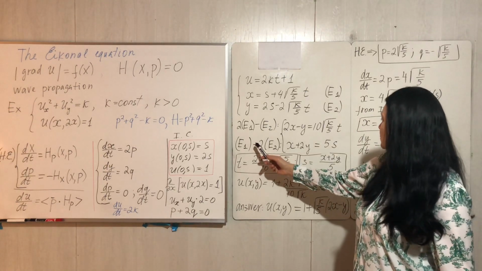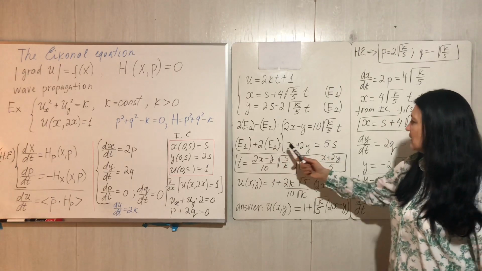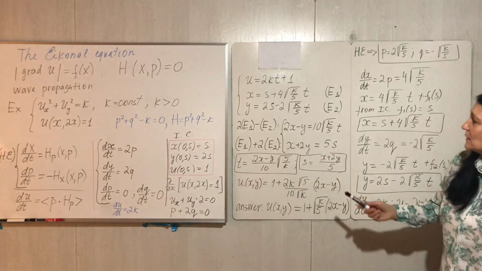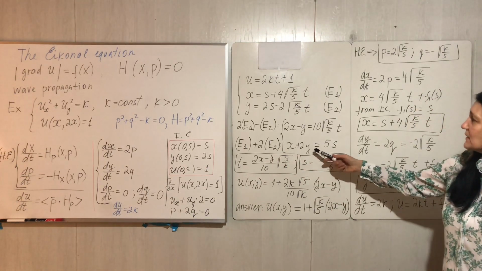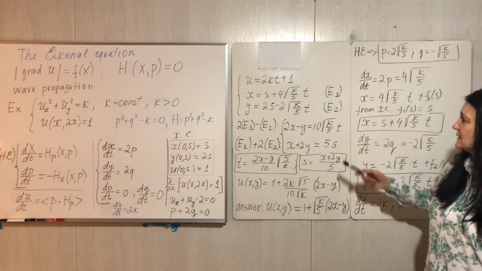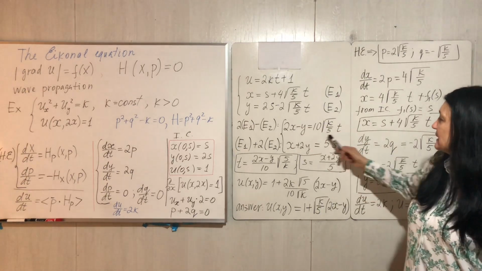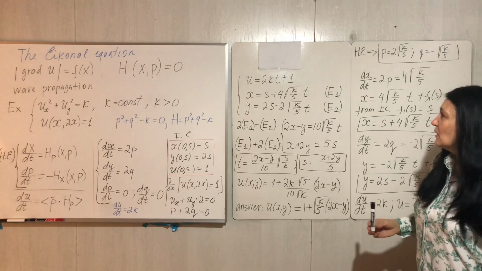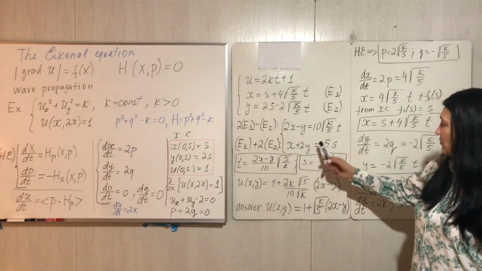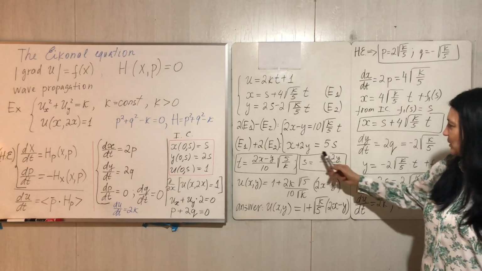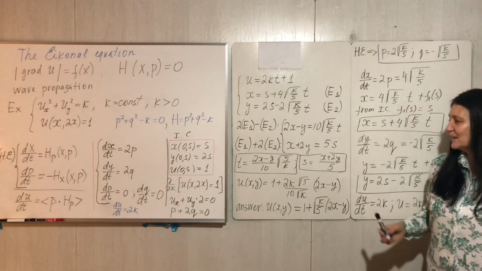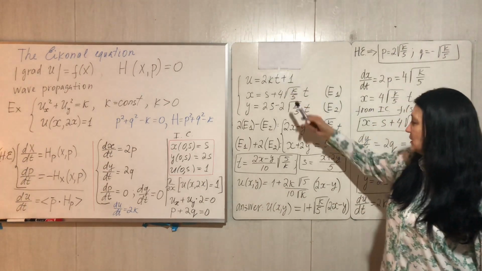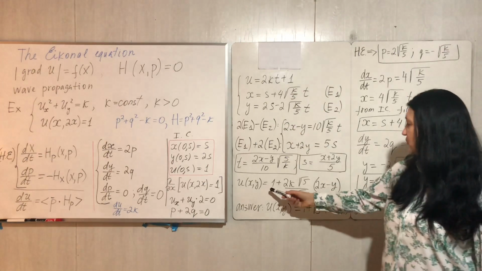And to have the second convenient equation written in convenient form, we will take E1 plus 2E2, and then we will have x plus 2y's equals 5s. And from here we immediately can get t, which we need for u. U doesn't depend on s, but just to show that it is still possible, that is easy, we find the equation for s. And now we just plug the expression for t that we found into the equation for u, and